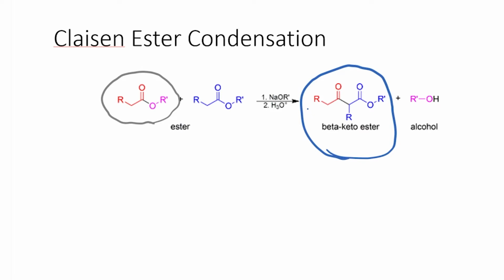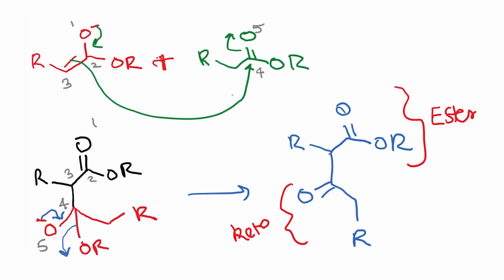So the first thing that we need to understand when we are approaching such reactions is that there is a base that we are adding. This is the sodium methoxide. And so when you have an ester, you know that an enolate is going to be produced. So this is the enolate that would be formed. And once this enolate is produced, the enolate can react with the only electrophile in solution, which is itself, the ester. So when it reacts, we follow the same numbering 1, 2, 3, 4, and 5.